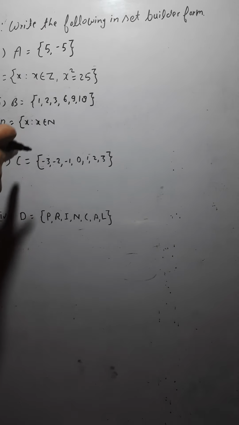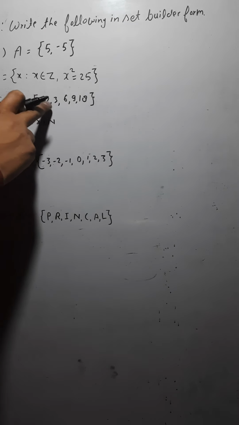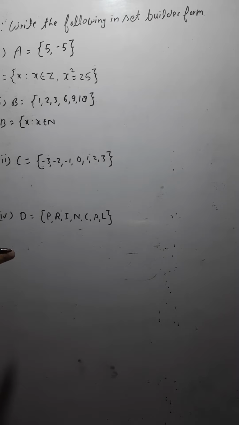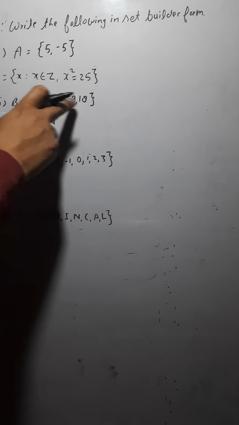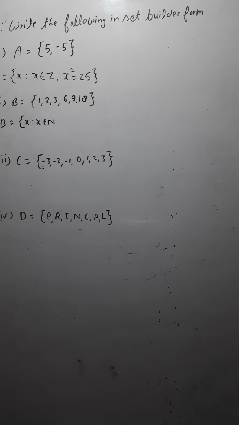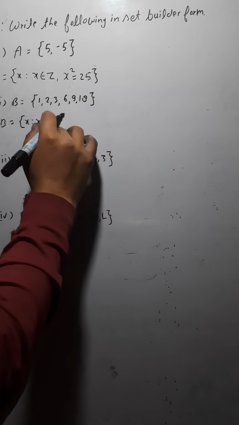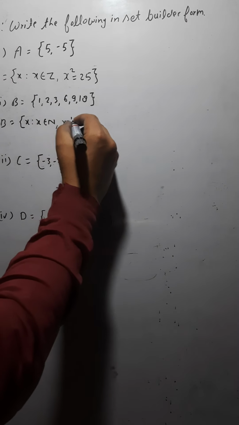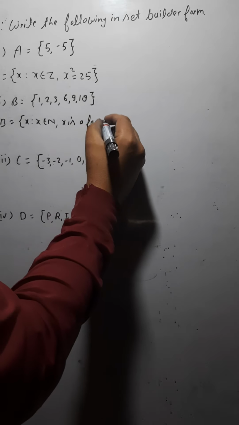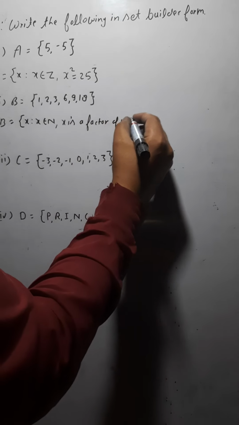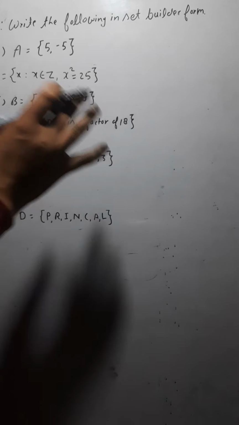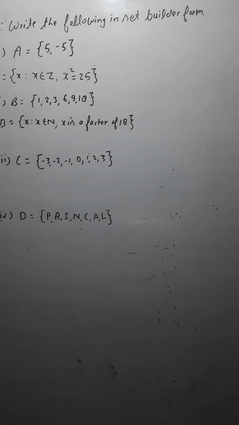So how would you limit this? If you see, all these are dividing 18, means all the given numbers are the factors of 18. Yes or not? Yes, such that x is a factor of 18, where x is a factor of 18. X is what here? X is the factor of 18. So this is how you would limit the set there. Okay, we have written this in set builder form.